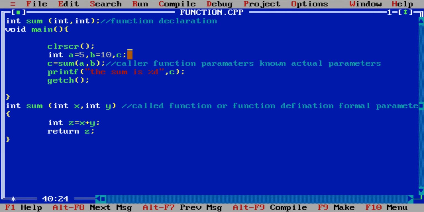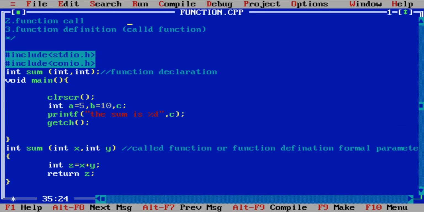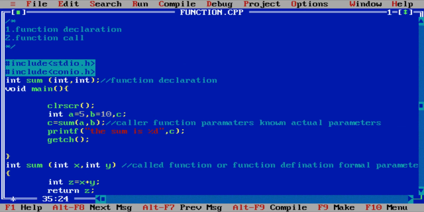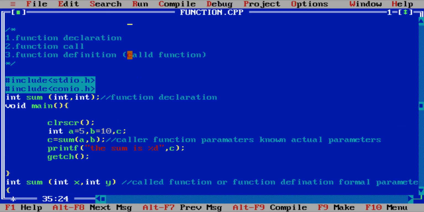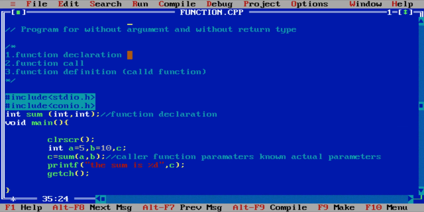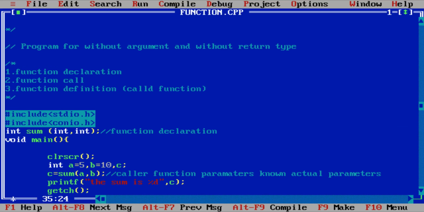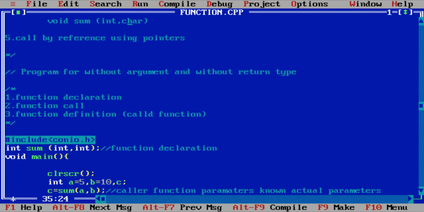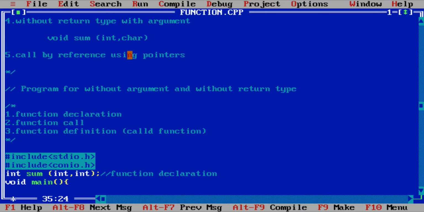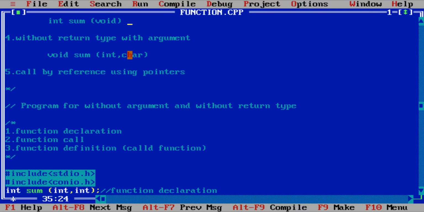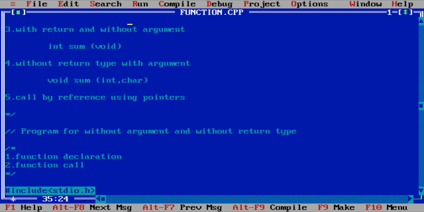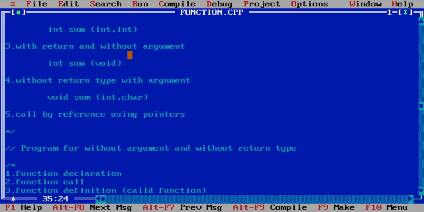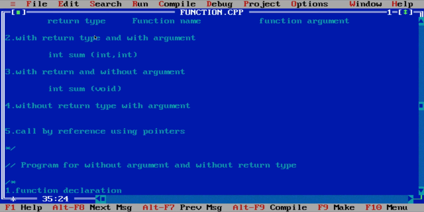In my next video I will define the third function type, which is, hold on, let me check. So the speed is slow today, I'm not sure. The third type is with return and without argument. Okay, so